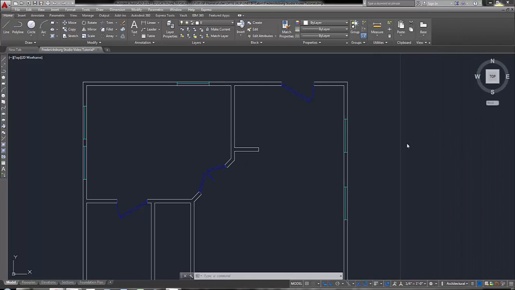We're going to make them attributed, so they're going to be attributed blocks. They're also going to be annotated blocks. So not only will it prompt you to fill it out when you insert that block, but it'll also scale it up based on our annotation scale that we have set down here. So the first thing that we're going to do is, let's just pull up this guy